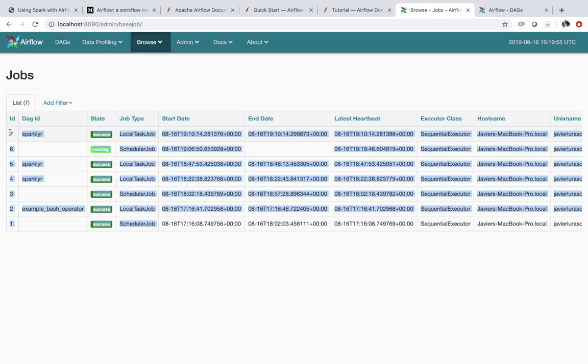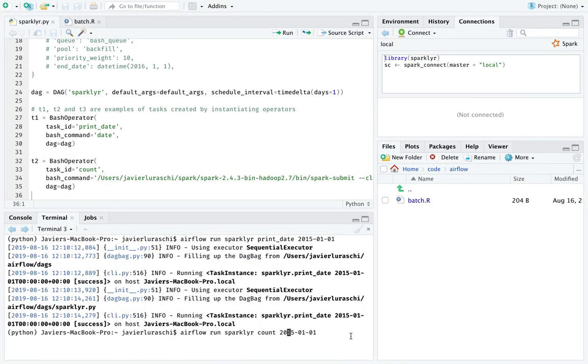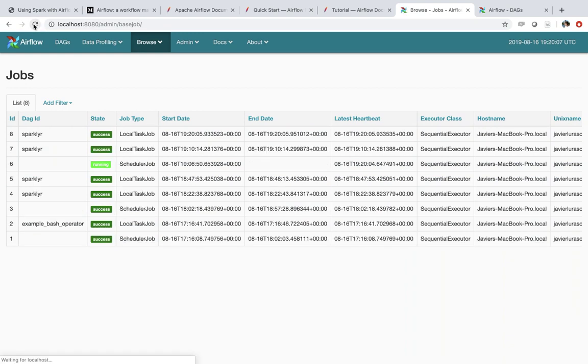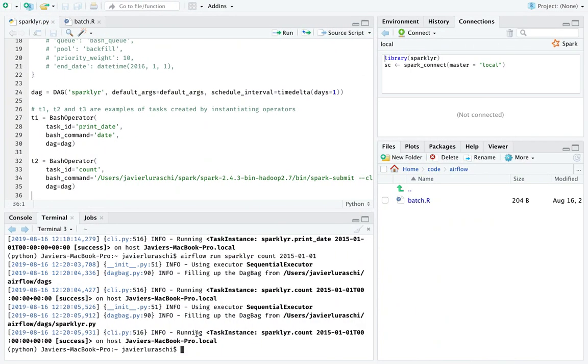So when we rerun this particular job, we want to make sure that this is getting executed. Right, so now it's getting submitted to Airflow. We should be able to track progress at some point here. We have this particular task, which is executing. And apparently it finished,